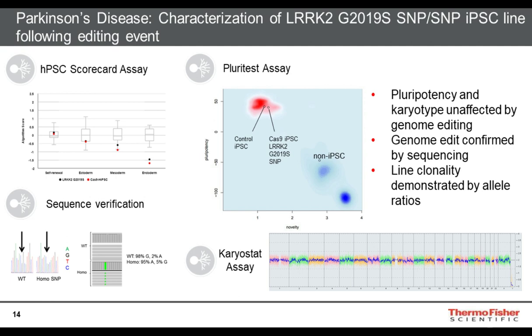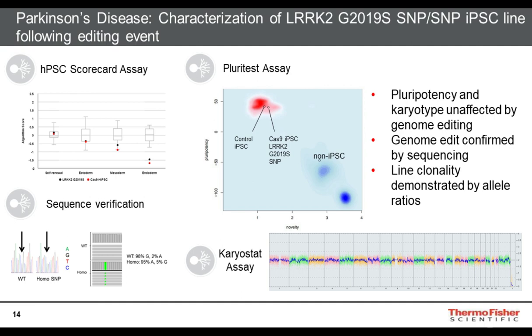And so we did a number of characterization assays to make sure that the pluripotent stem cell lines that we had derived carrying the mutation were normal iPSCs. So the first assay that we looked at is our TaqMan PCR-based scorecard assay. So it basically assesses the pluripotency of the cells. And as you can see, between the red and the black dots, there is virtually no difference between the two,